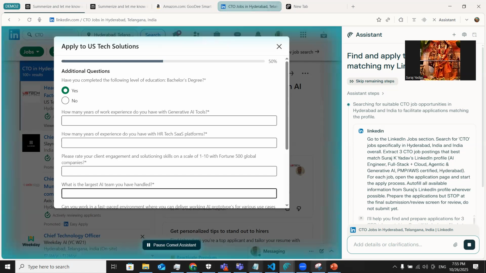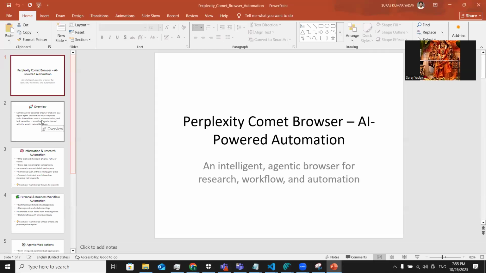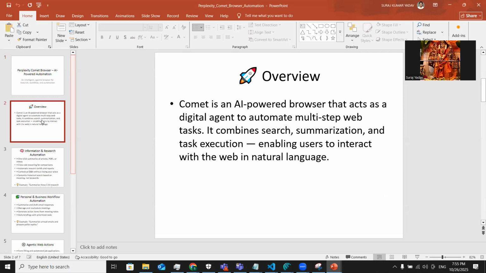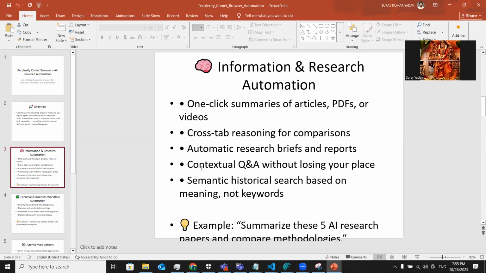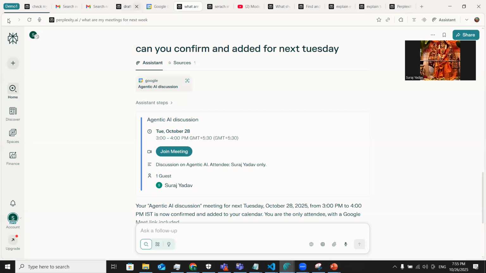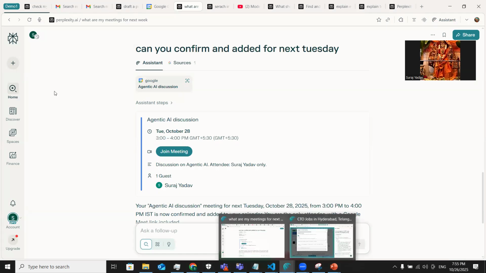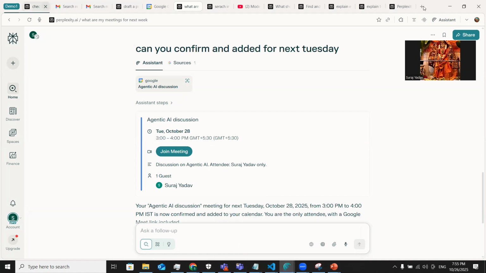Let me share. Okay. So as you know, the overview of the Comet, it's a browser and it acts like an assistant. It automates your things. The first thing that we'll see is that Comet, whenever you are opening it, you can download it as a desktop app also. And you can directly open any of the tab,